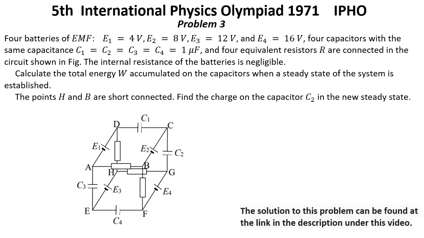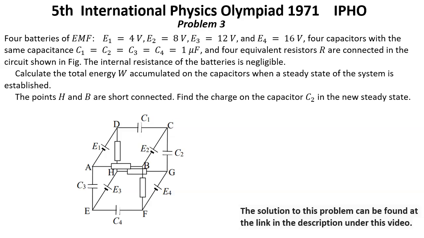5th International Physics Olympiad year 1971 IPHO. Problem number 3. 4 batteries of EMF E1 equal 4 volts, E2 equal 8 volts, E3 equal 12 volts, and E4 equal 16 volts. 4 capacitors with the same capacitance, C1 equals C2 equals C3 equals C4 equal 1 microfarad, and 4 equivalent